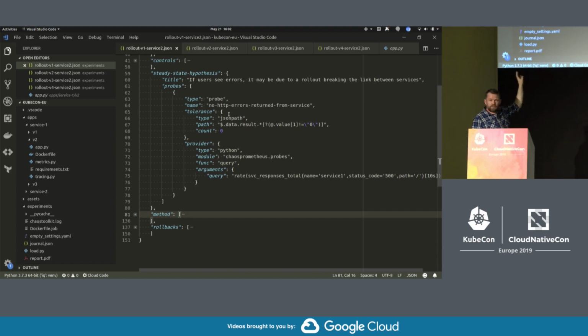And that system is going to just simply talk to my monitoring tool and say, did I see any 500 errors from the service 1? Now, usually what you would want here is not something too technical. That's a demo, that's a bit low level. You would want your SLO there. Because you really want to know from chaos engineering, have I impacted my users? Have I actually hurt my business? And I mean that in a very friendly sense. Have I hurt my business by doing this?